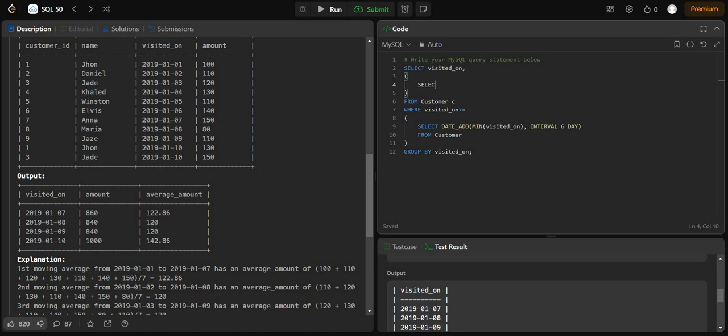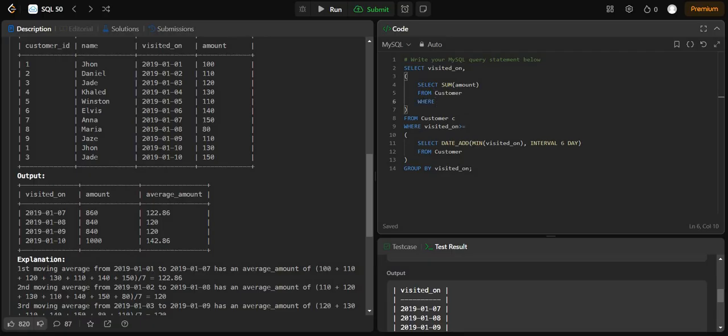So we will select amount column represents the sum of amount paid by the customer in the 7-day window. Okay, so for that I will use a sum function, sum inside which is amount. Okay, from where? From a customer table. Again, here we will use a where condition where the visited on between. Here again I will use a window function date, and here we will subtract the date, which is, here I am using the instance, this instance customer.c instance, the c visited